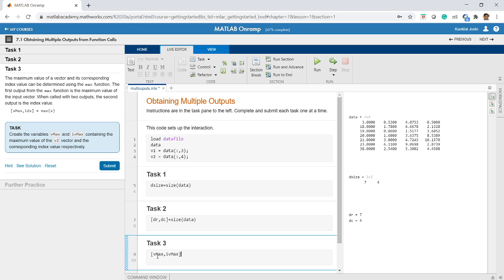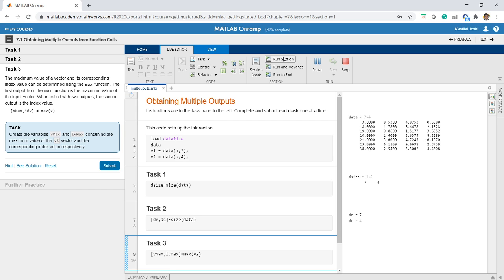Here again you can use a, b or anything. These variables have no meaning as such. This is just to indicate, but max is the keyword. This has to be used as it is, and in parenthesis you write the name of the variable from which you want to find the maximum. I want to find it for v2, so I'm writing v2. Let us run this section and check the output.